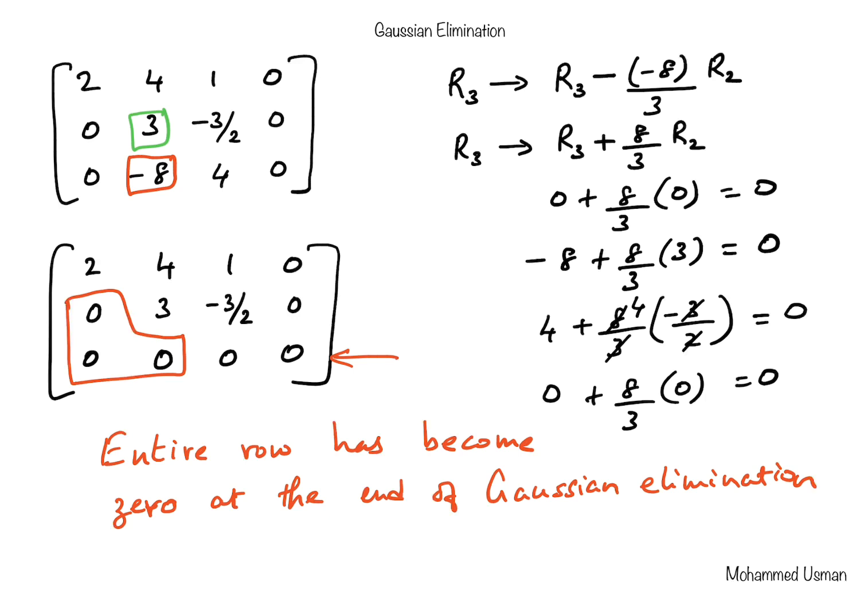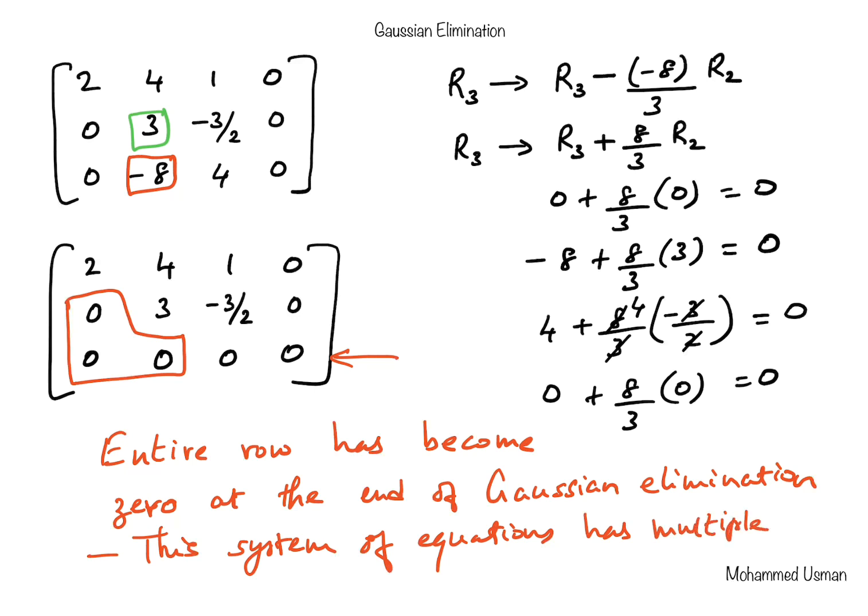Okay, so this means that if you get this particular situation, it means that this system of equations has multiple possible solutions. Okay, and if you check the determinant of the coefficient matrix for these set of equations, you will notice